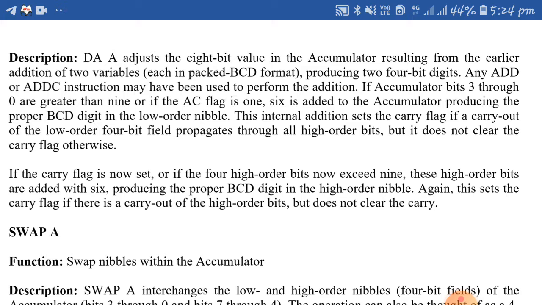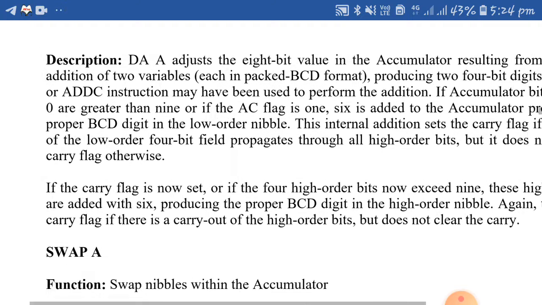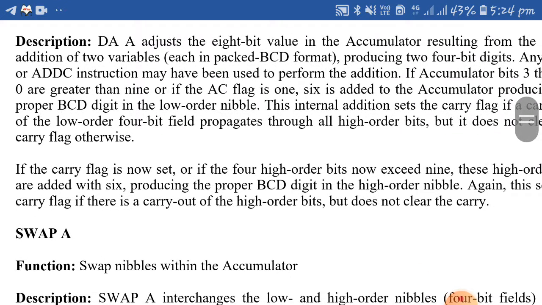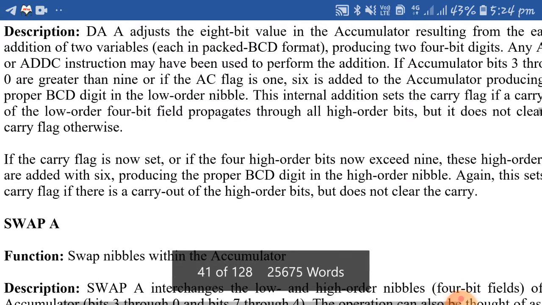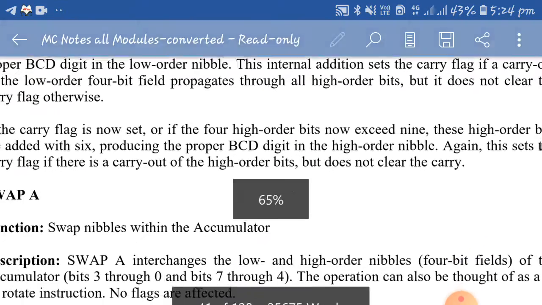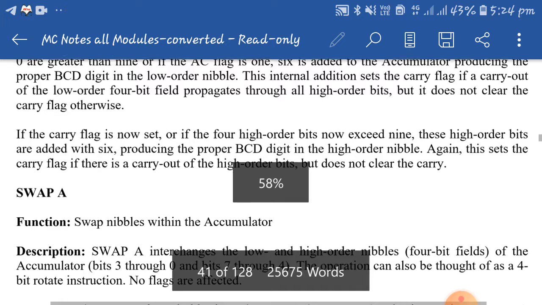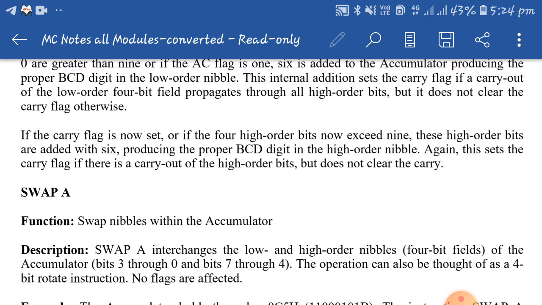The same thing happens in the higher order nibble if the result of the higher order nibble is greater than 9, or if there is a carry. For the lower order nibble they consider the auxiliary carry, and for the higher order nibble they consider the carry flag. If either case is true, the result is greater than 9 or the carry flag is 1, it is going to add 6. With this it gives the proper BCD result in the higher order nibble. By using these two techniques, the DA instruction converts your hexadecimal result into decimal packed BCD format.